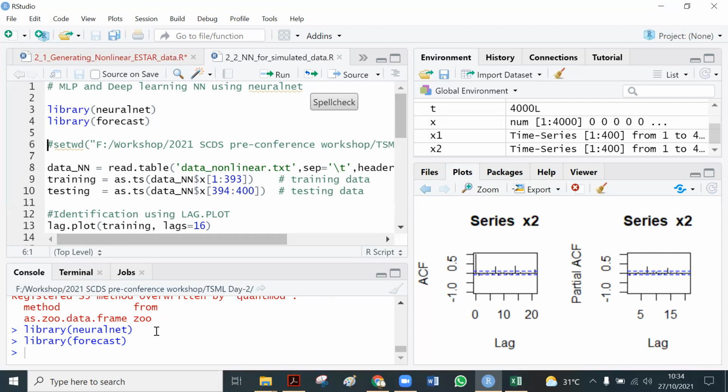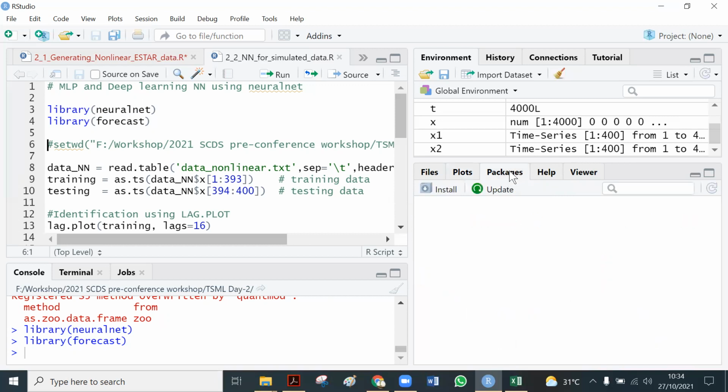Is there anyone who does not know how to install a package in R? Okay, if we use RStudio, it's quite easy. We go to the Packages menu at the bottom right window, and then we just click Install, and wait for the pop-up message to appear.